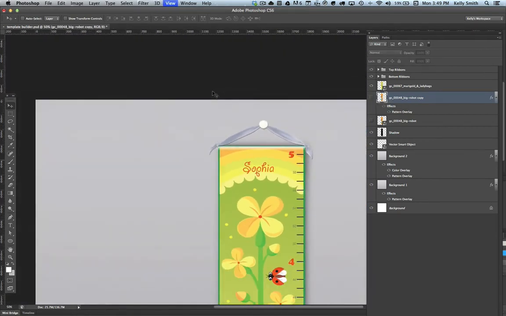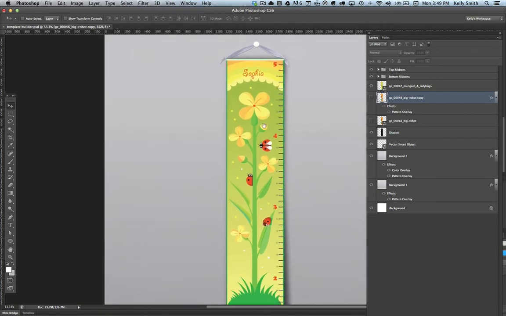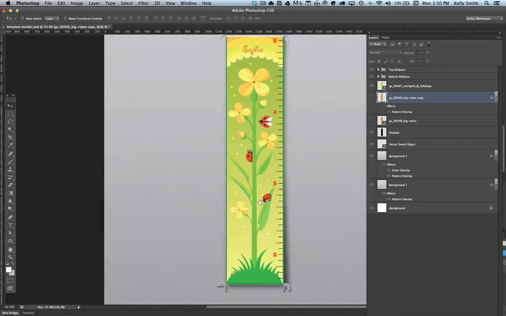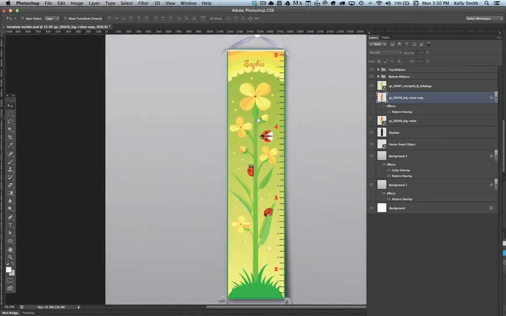Now, if we zoom back out, you can see that this Illustrator file is still just straight up and down. It doesn't have that curvature in it, even though this shadow, the way I made it, sweeps out from the top and then goes in from the center and then sweeps out again from the top, creates an illusion of this thing having a narrower center as if it really were hanging on the wall. But what I like to do